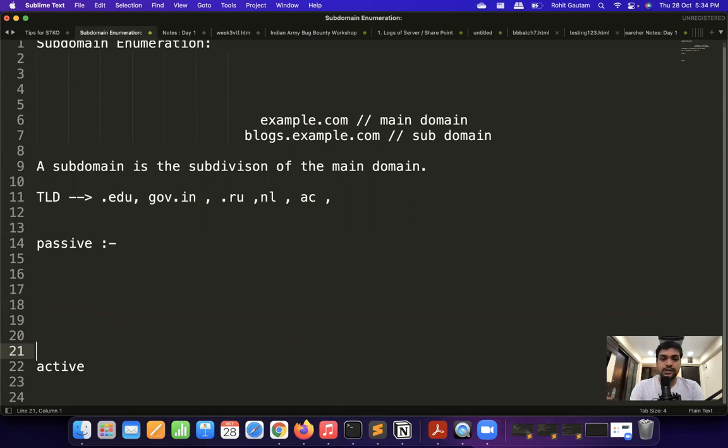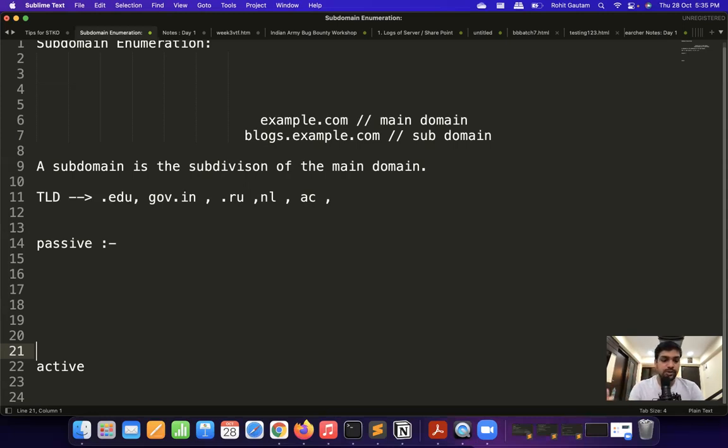Now we generally know that when any organization, let's say example.com, makes or adds a new subdomain, that is basically adding a new entry into its DNS, then it is crawled by different crawlers on the internet. Different crawlers like VirusTotal, Shodan, Censys, etc. Now, when these crawlers crawl the subdomains, they keep them in their database or data sources.